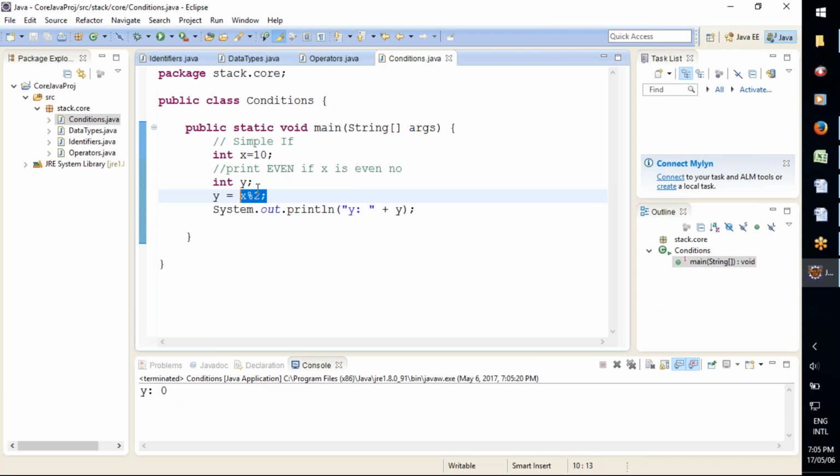So if you are using normal division symbol, that means a slash symbol, it returns the quotient value after division. Okay, so there is a difference. So to check whether x is an even number or not, you have to get the remainder value after dividing x by 2. So we are getting that here. We are getting the remainder value, and then